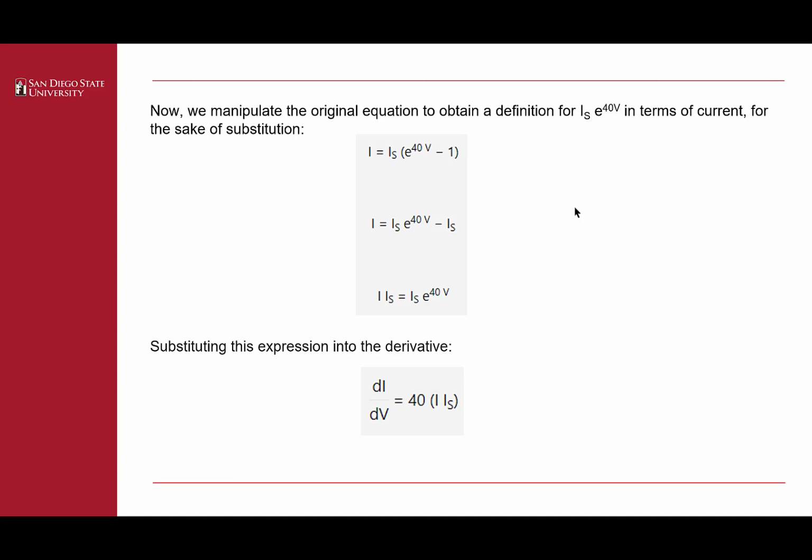For the sake of substitution, current I is equal to Is times e to the 40V minus 1, and I equals Is times e to the 40V minus Is if we make the multiplication here. And if we move the last Is to the other side, we will get